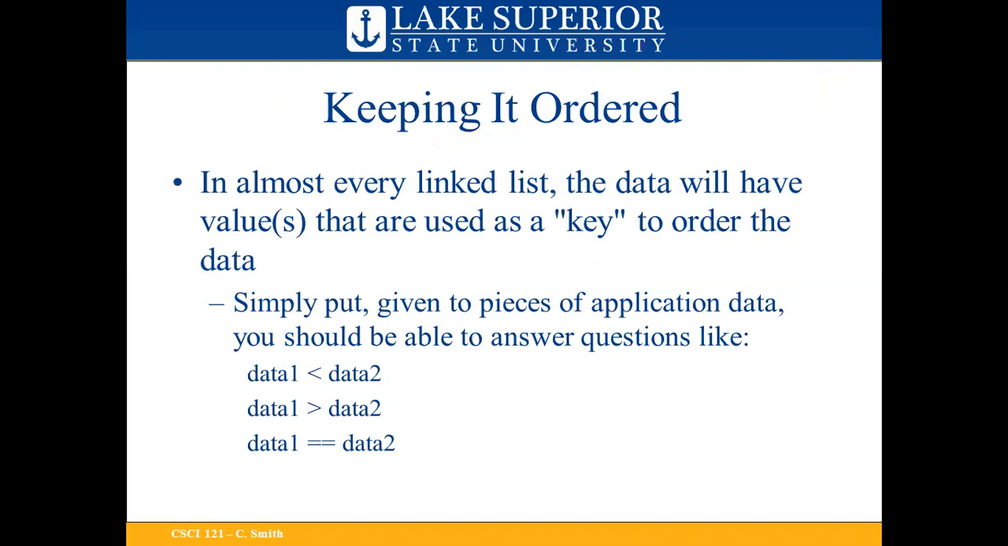Now to keep it ordered, in almost every linked list, the data will have a value or values that are used as a key in order to keep the data in the list in order. So we were using the key city name, and Detroit was in between Dallas and Syracuse alphabetically. So simply put,